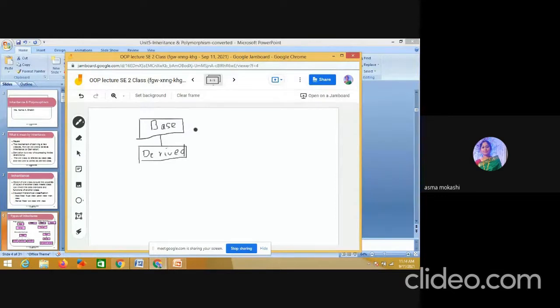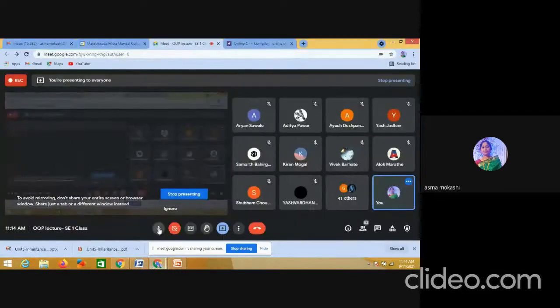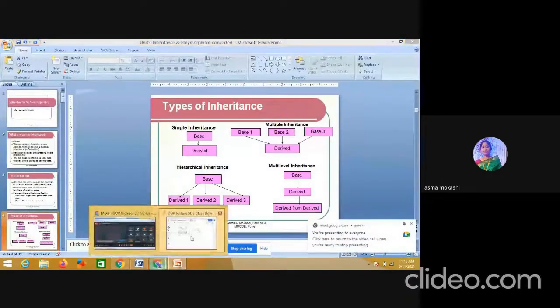One base class and one derived class is called single inheritance.